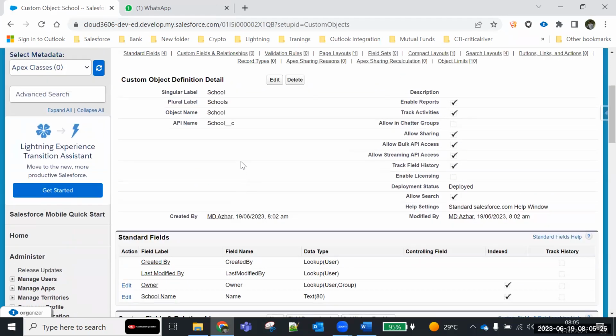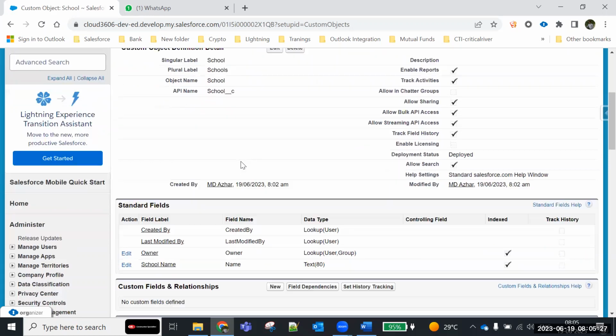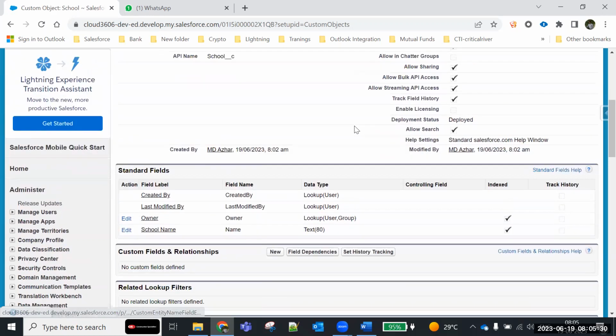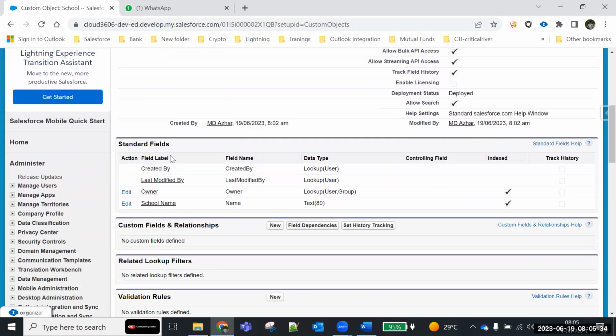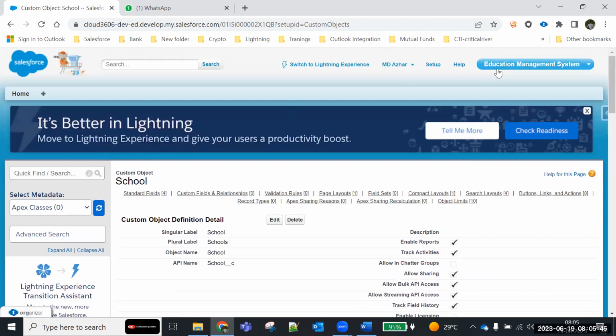Can you again tell me about the standard fields? So whenever you create any object, you can create any object, then there will be 4 fields created. Those are created by, modified by, owner, and one text field called name field. What these fields are is, for example, if you go to any